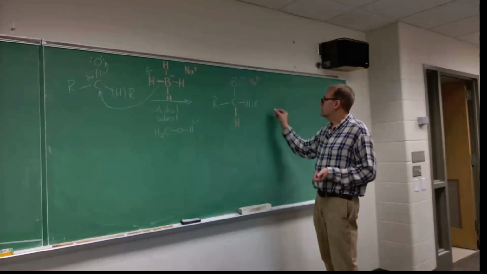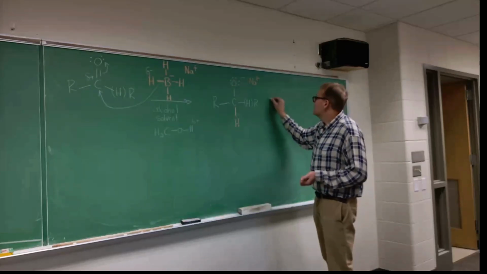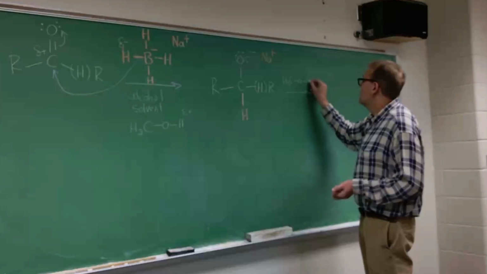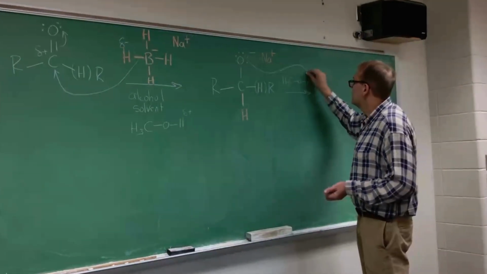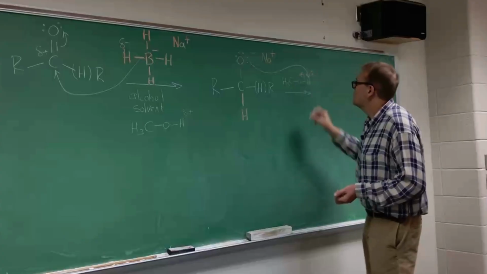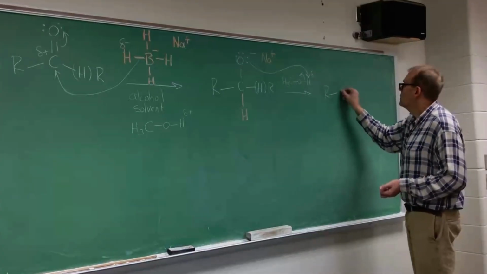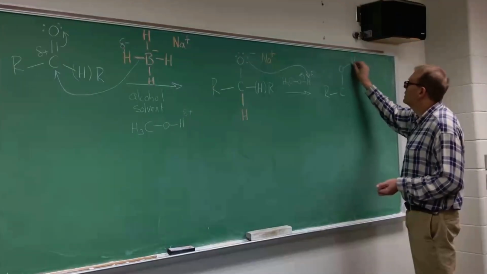And that's what happens in the next step, is that the solvent supplies a proton to this O minus. So the O minus goes and grabs a proton off of the solvent, and you get this alcohol product